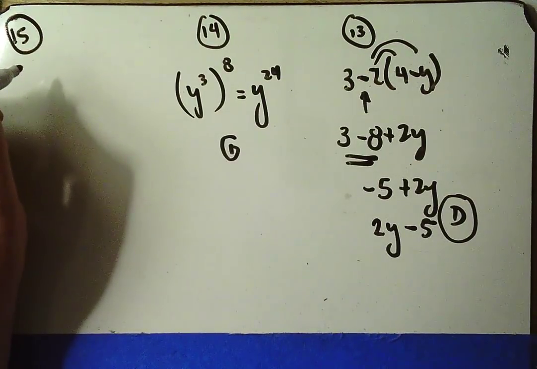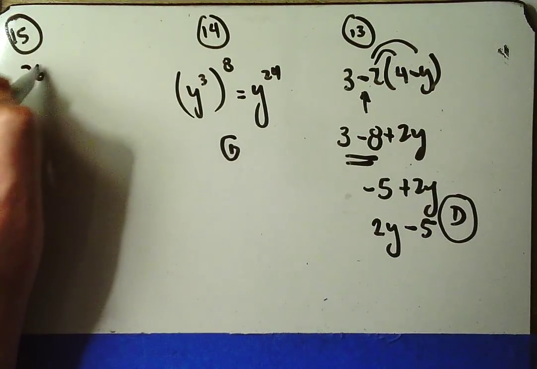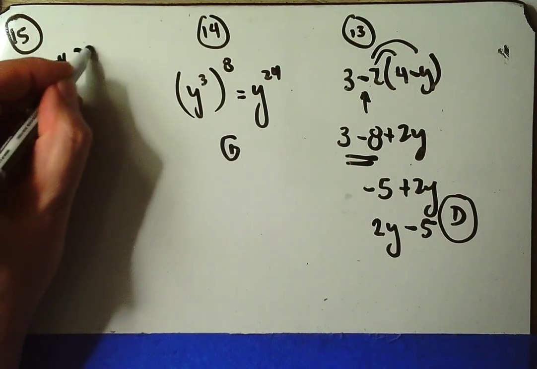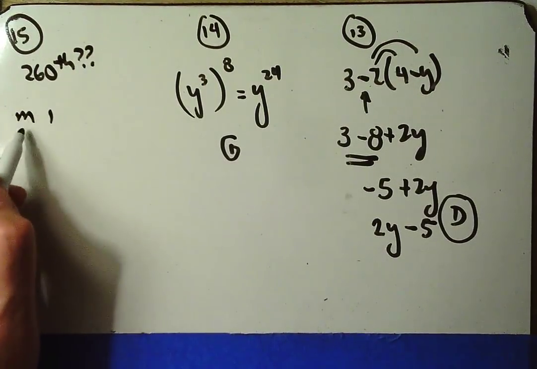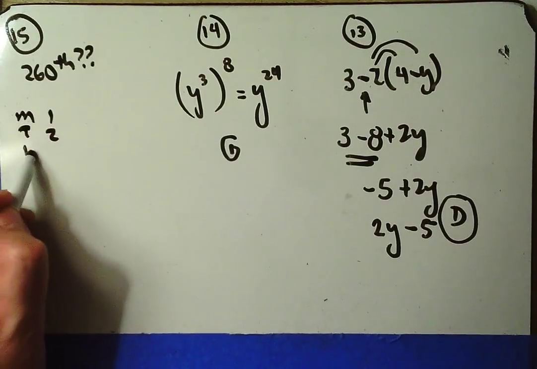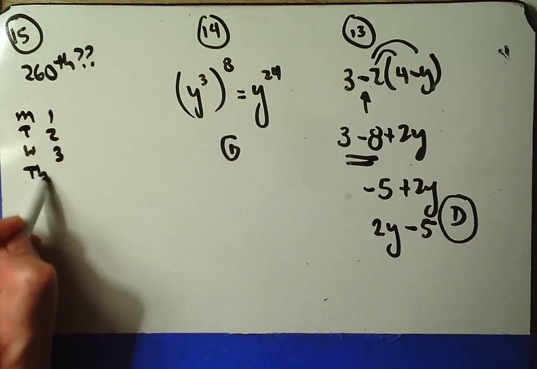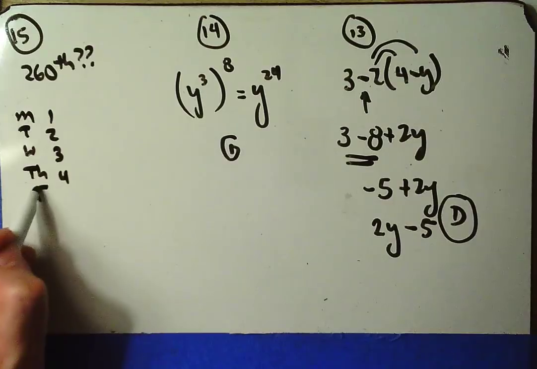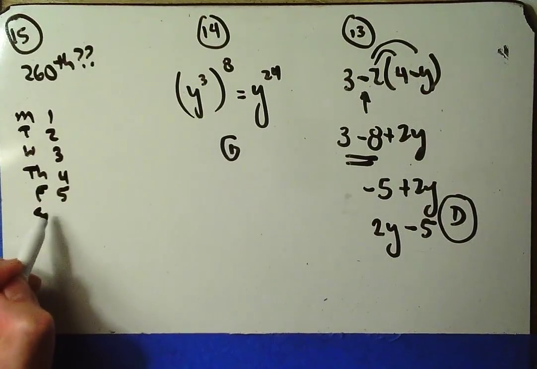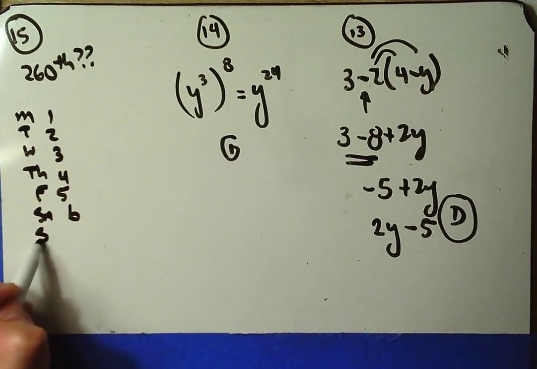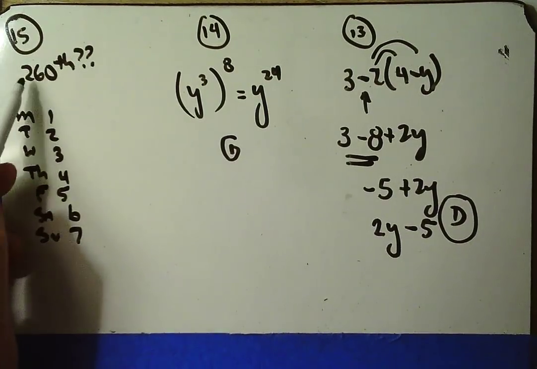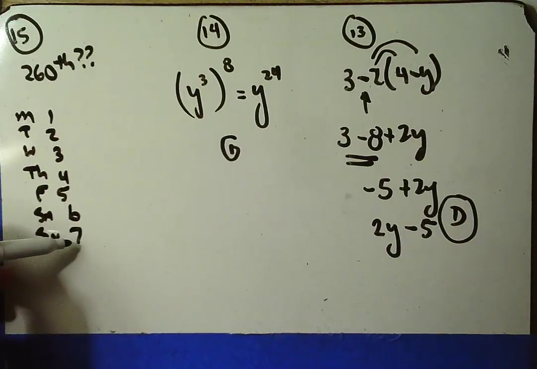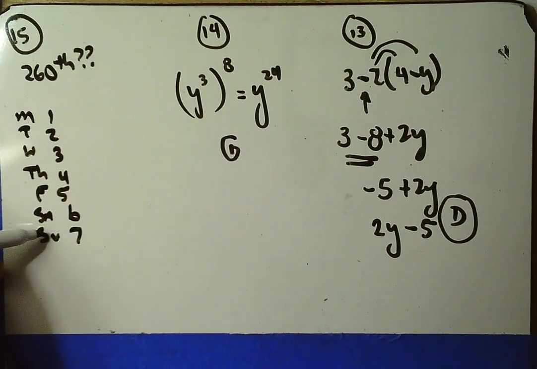15 says, the first day in the year is a Monday. What is the 260th day? Well, let's see now. If Monday is the first, Tuesday would be the second, Wednesday would be the third, Thursday would be the fourth, Friday would be the fifth, Saturday would be the sixth, and Sunday would be the seventh. So if I divide this number by 7, the whole number will be